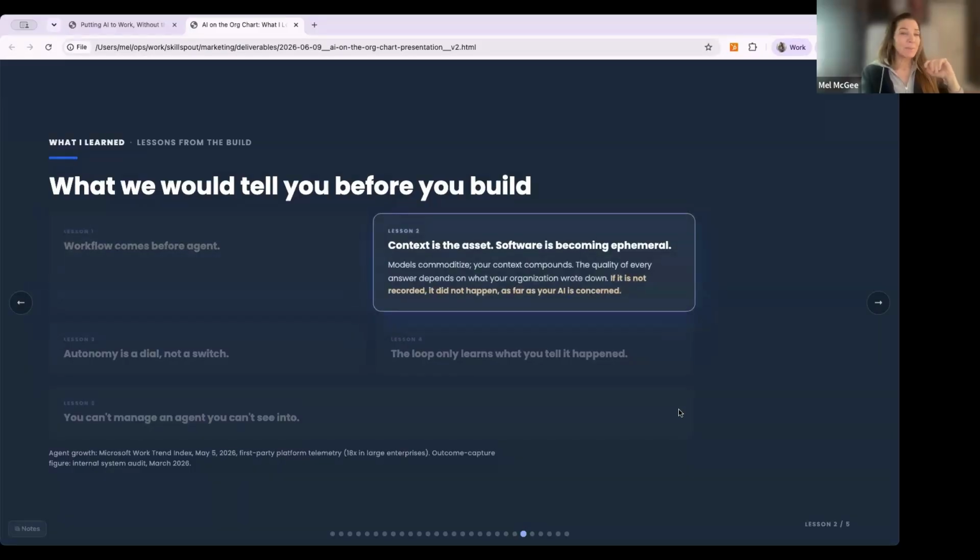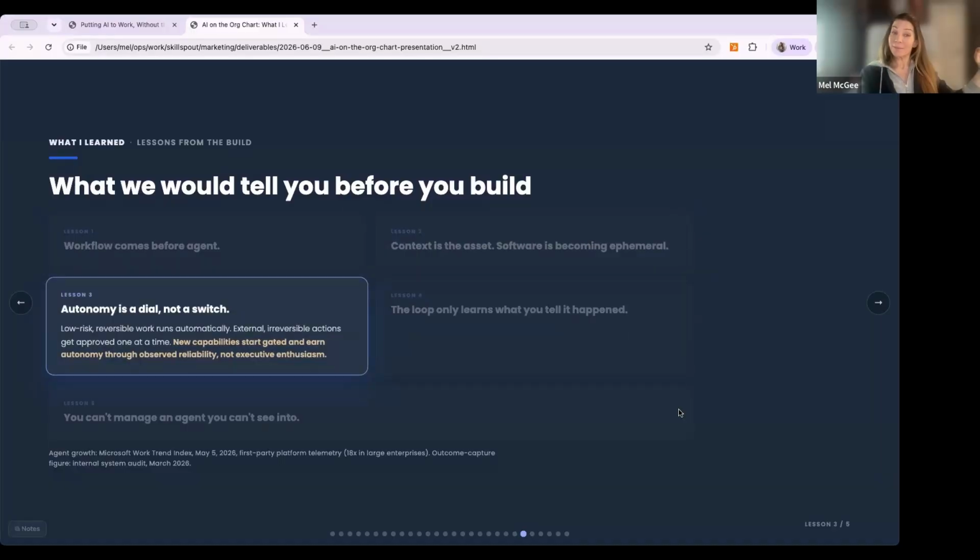Context is the asset. We talked about this before. This is your data, your information. Models like the LLMs commoditize. Your context compounds. If it isn't written down, it didn't happen.